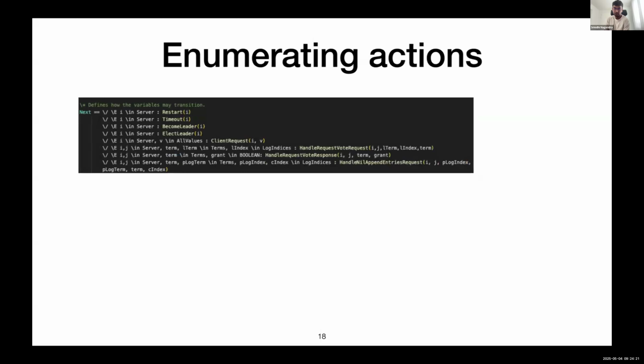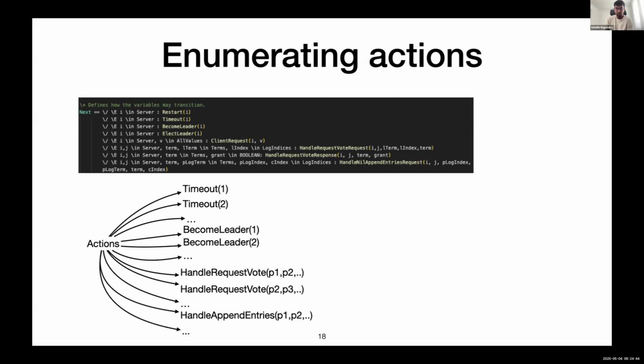So what we did is we determinized the model, we resolved all the non-determinism, and instead of having one action that says receive a message, we now list all possible messages as separate actions. So the TLA plus model checker now can enumerate all these actions and pick exactly the next one that we want to get to. Just like timeouts and become leader before, now you have all possible messages. You can just pick and execute that particular action.